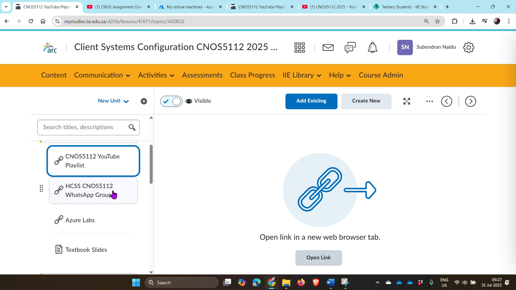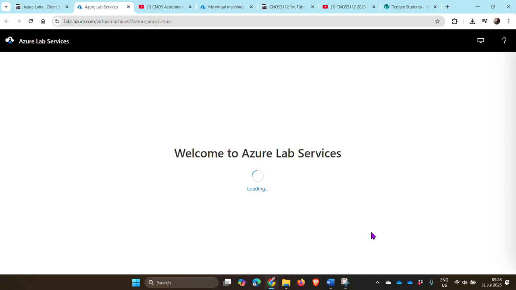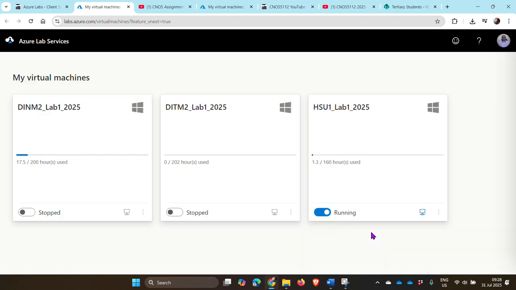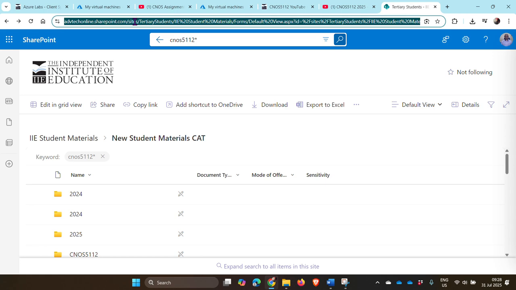Next, there's a WhatsApp group. I'm sure most of you are part of that. And then how to get to Azure Labs. So there's a link that allows me to get to Azure Labs. But let's say, for example, I don't have access to Azure or I don't have access to Arc. What do I do? I can open up a new browser window and I can type in my browser